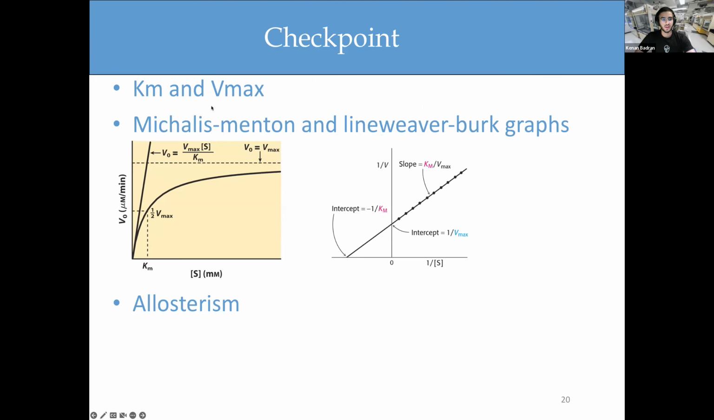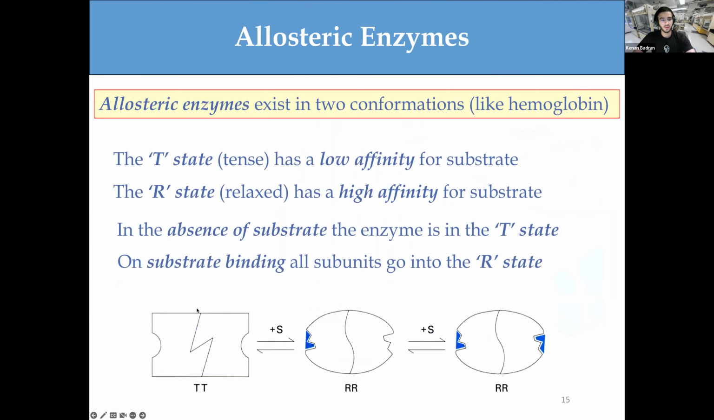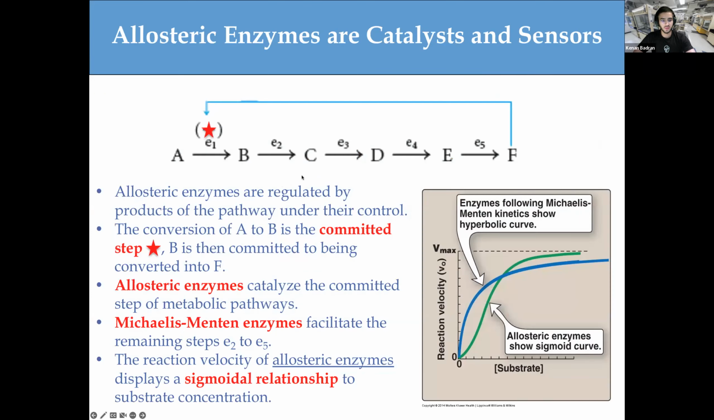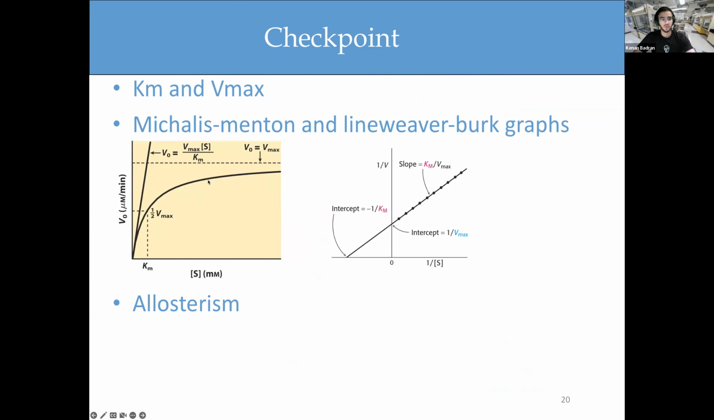Km is affinity, and the Vmax is basically the maximum activity at the highest substrate concentration. Okay? And the Michaelis-Menten Lineweaver-Burk graphs. We derived this graph from the Michaelis-Menten equation, and it becomes a straight line. The key factors we understand of this graph are